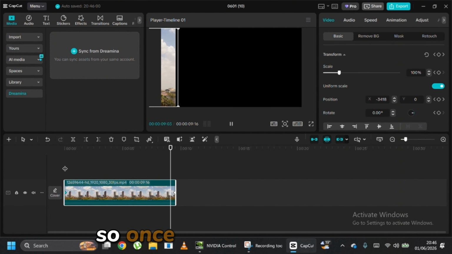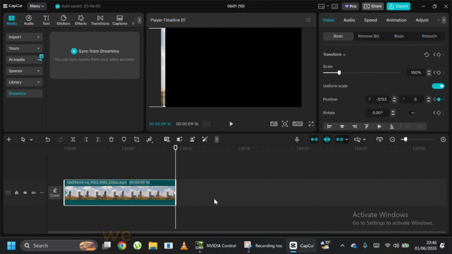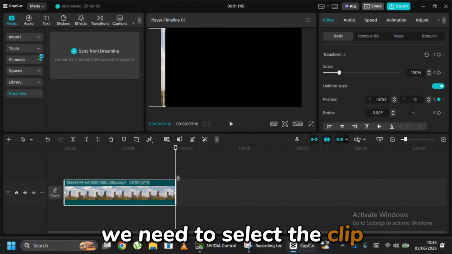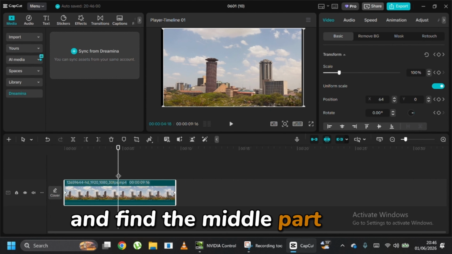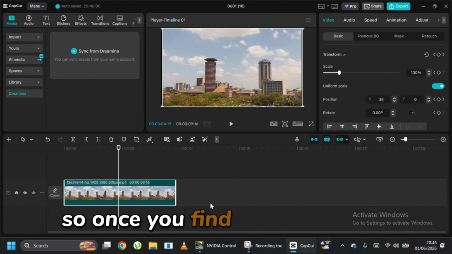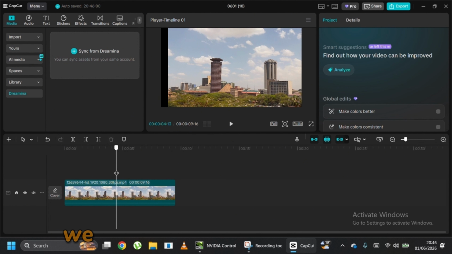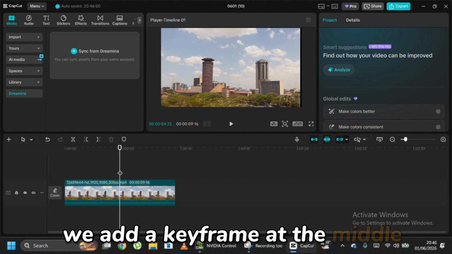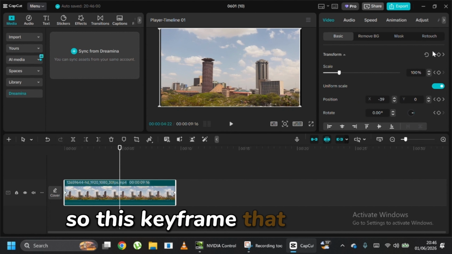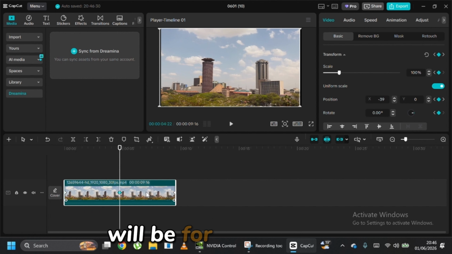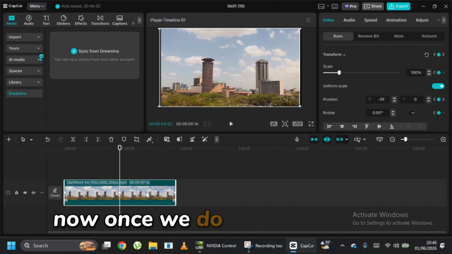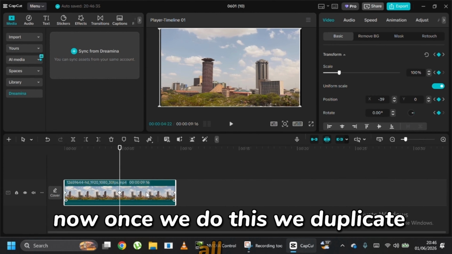Once we have done this, we need to select the clip and find the middle part of the clip. Once we find the middle part, we add a keyframe at the middle. This keyframe that we add in the middle will be for the transition. Now once we do this, we duplicate all these